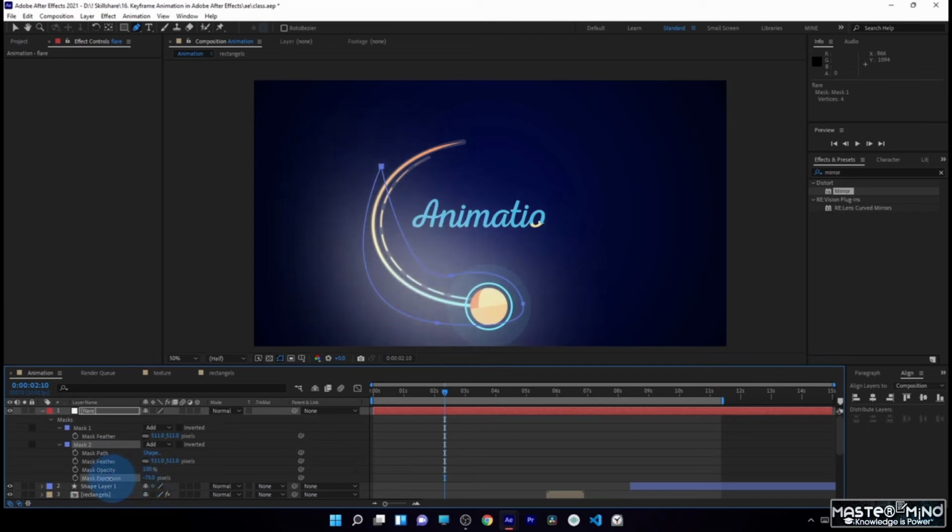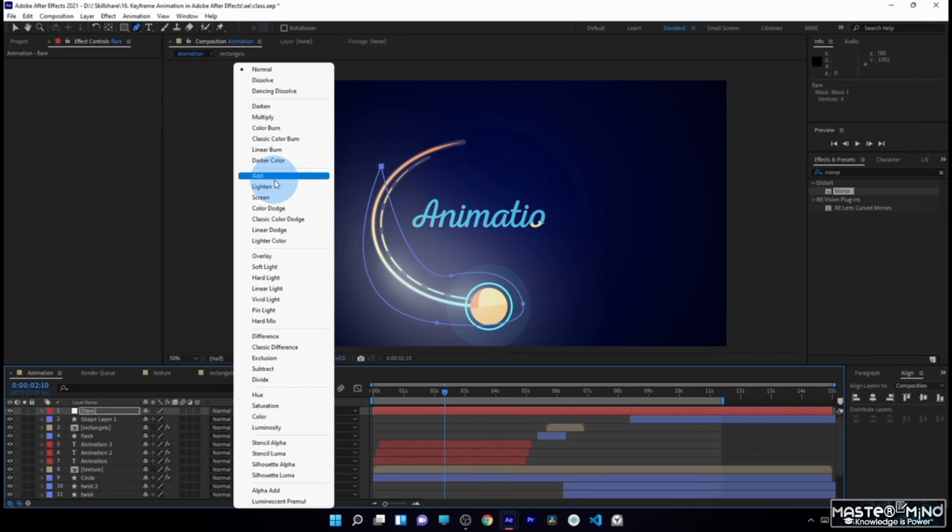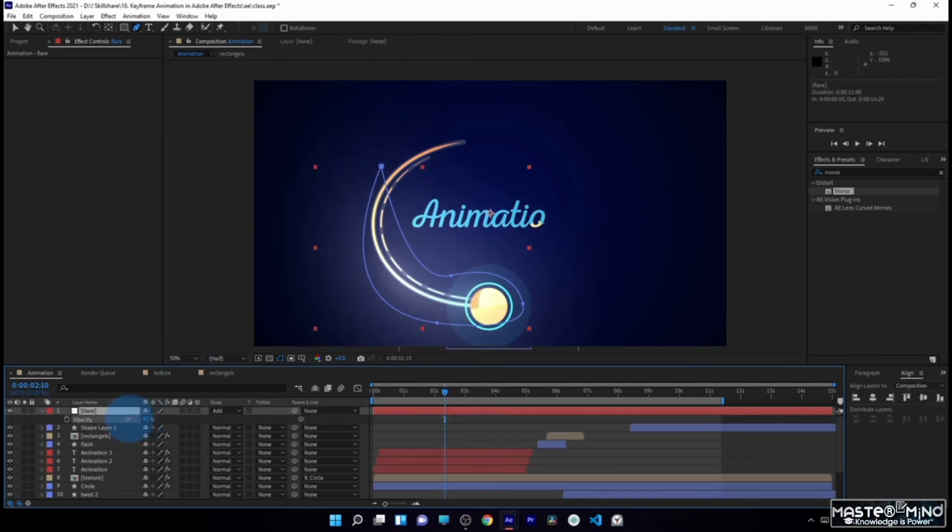And change this expansion to a lower number. And change this feather, which will allow us to add these kind of highlights in the core of our effect. And now we can change it to add. And by pressing T on keyboard and change it to the smaller value like 58 or 60, we can animate